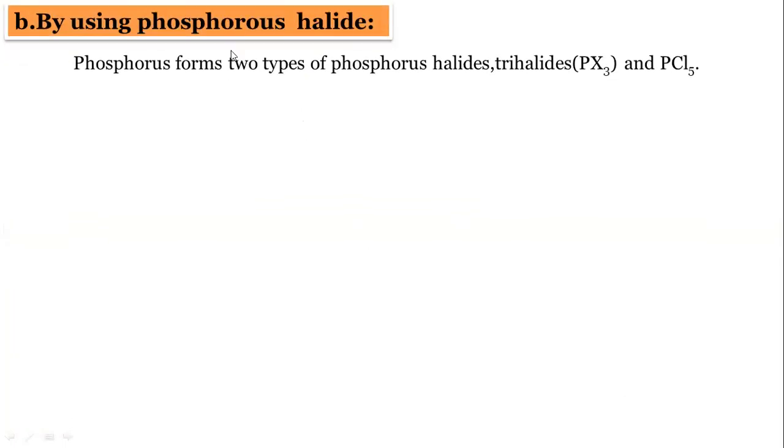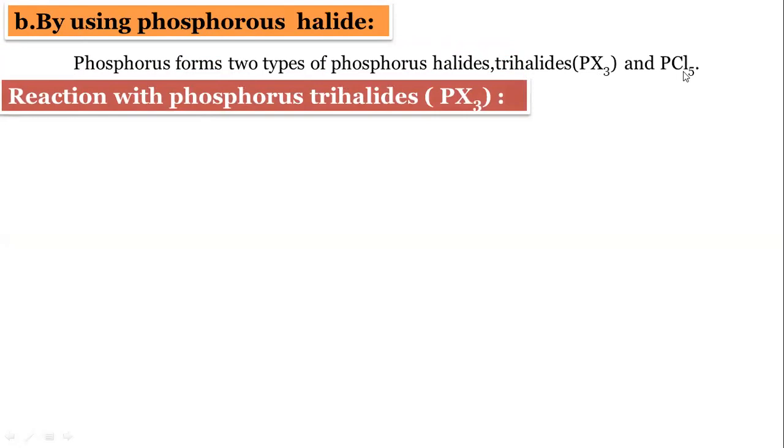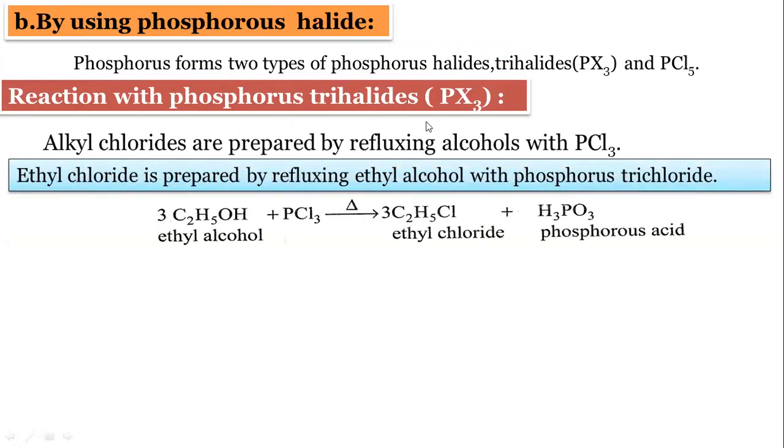Next, methods of preparation of alkyl halides by using phosphorus halides. Phosphorus forms two types of phosphorus halides: one is PX3 and the other is PCl5. We will discuss the trihalide first. Alkyl chlorides are prepared by refluxing alcohols with